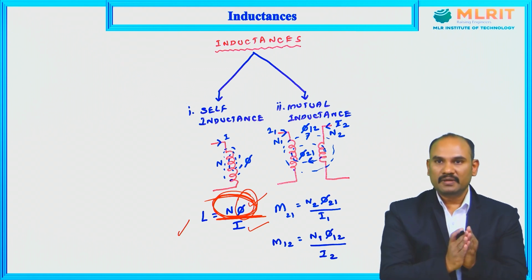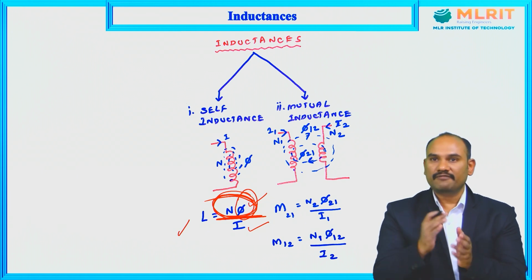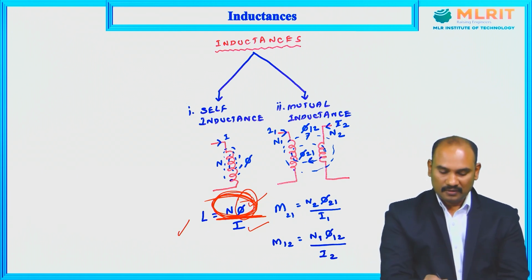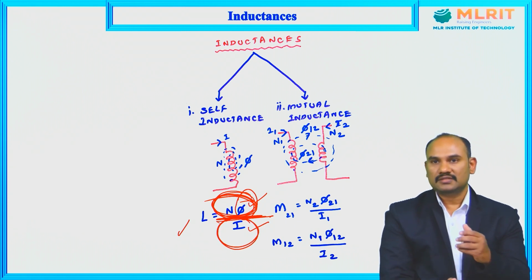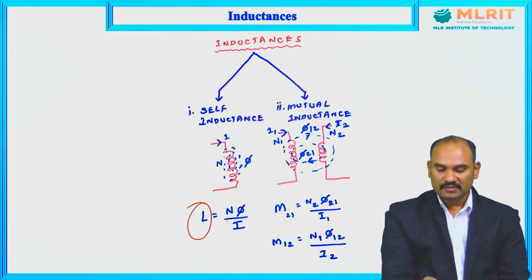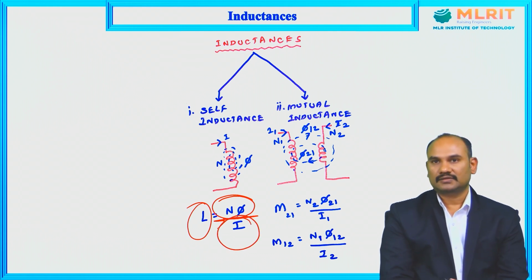The amount of flux may be 10 Webers. But how much it links to the coil depends on the number of turns of the coil. That's why we say total flux. N phi is the total flux linking to the coil by the current that is producing the flux. I is, after all, the source for producing the magnetic field. If there is no I, there is no current flow, there won't be any magnetic flux. So, the self inductance is defined as the ratio of total flux linkage to the coil to the current that is producing that flux, N phi by I.